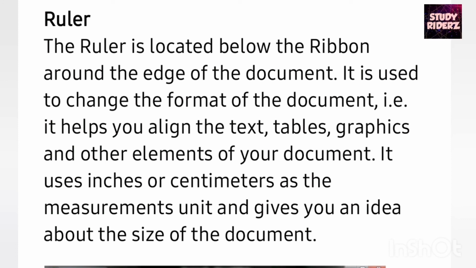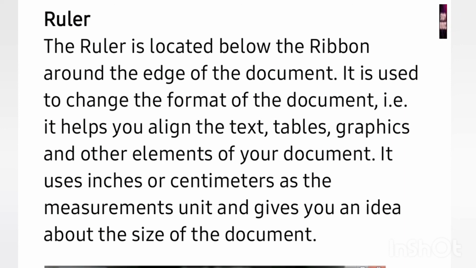Next one, ruler. The ruler is located below the ribbon tab. By using this ruler, you can align the text, tables, graphics and other elements of your document.